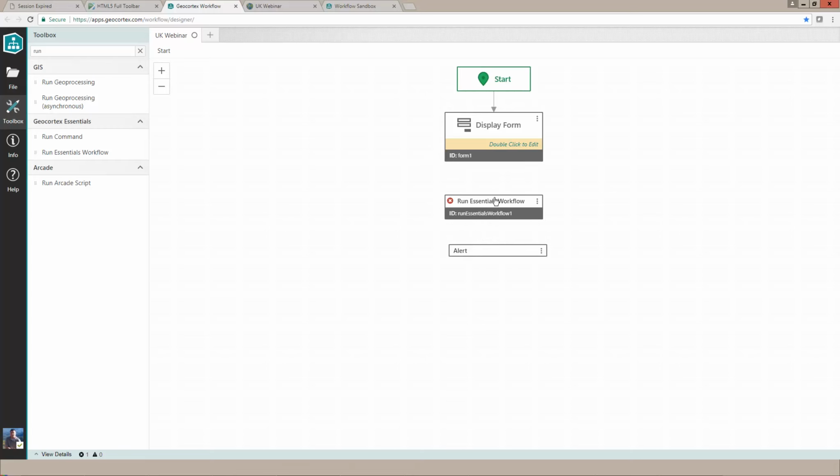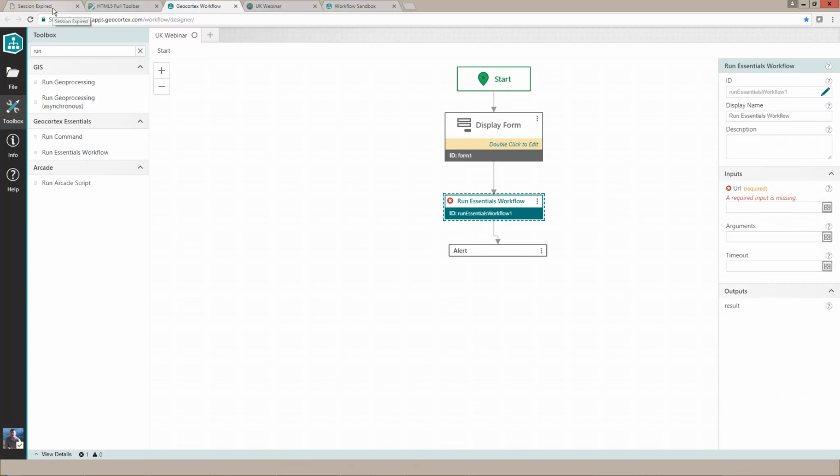And I'll just connect that in and connect it out again. In order to run the Essentials workflow, I need the URL for that workflow. To do that, I need to go back to my site,